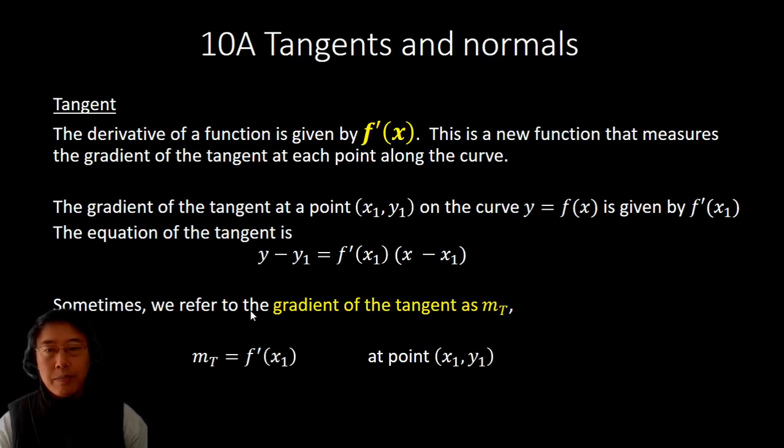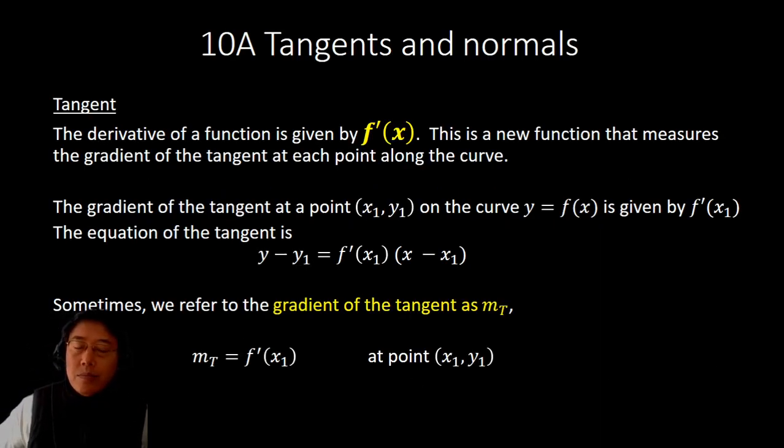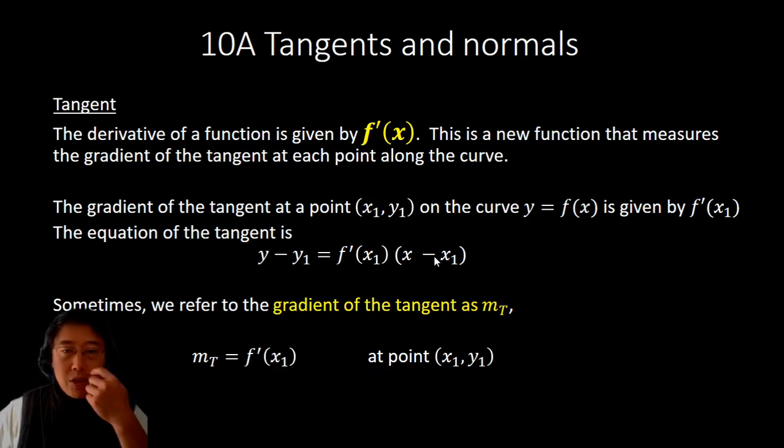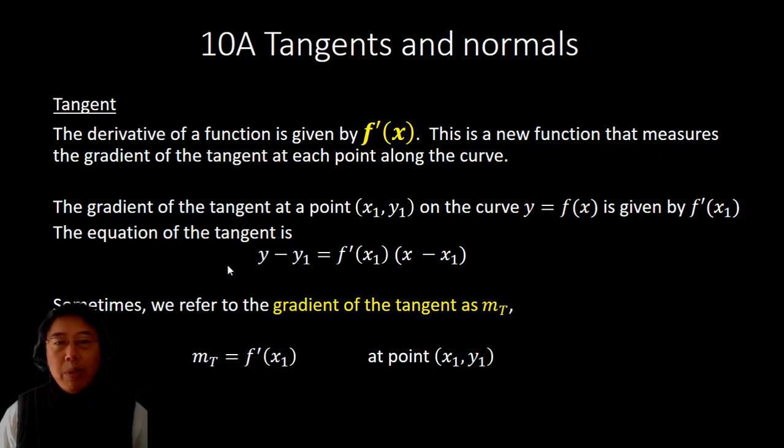Would be when you have an equation of a straight line, you need to determine the equation. You will need the gradient. You will need the coordinates of a given point on that straight line. What's going to be applicable from the derivative of a function that is defined by f prime of x is